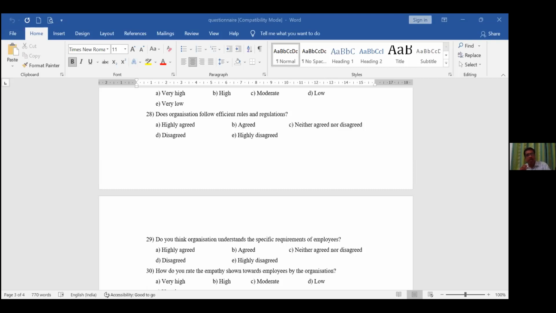0.934. What does it mean? If you collect the same data tomorrow, or the day after tomorrow, or after 6 months or after 1 year, you will get 93% of the same response from the respondents. This is the meaning of this terminology. That is reliability, the Cronbach alpha. So what is the minimum threshold limit? 0.60. If it is 0.60,